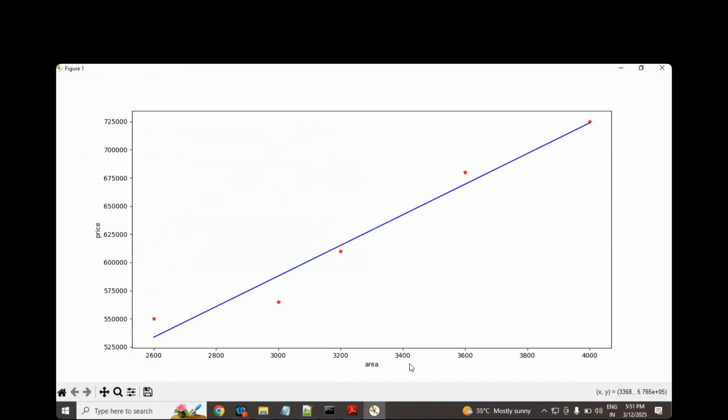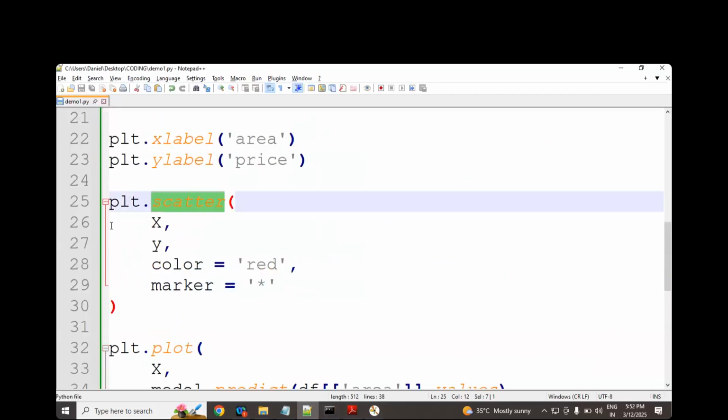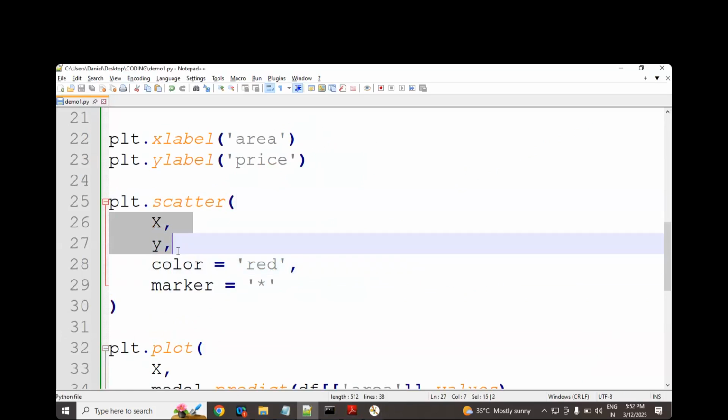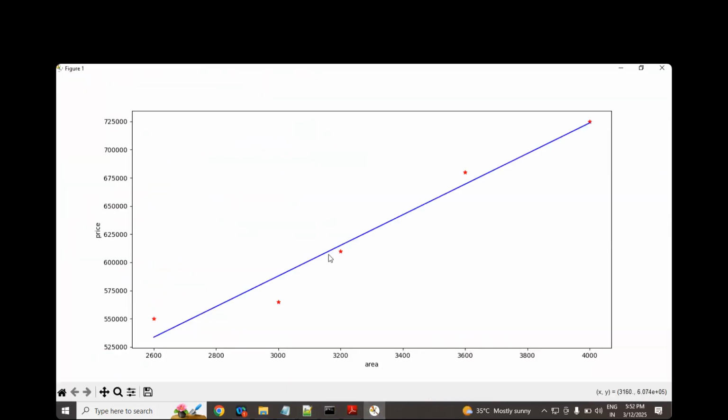Sir, I'm repeating again. Look at the example. The scatter plot we have created by using existing, original data. But we have created a line by taking the help of the model. Now this line is called a regression line. This line is called a prediction line. This line is called a best fitted line. Many names it has actually. Are you with me or not, sir? Right.